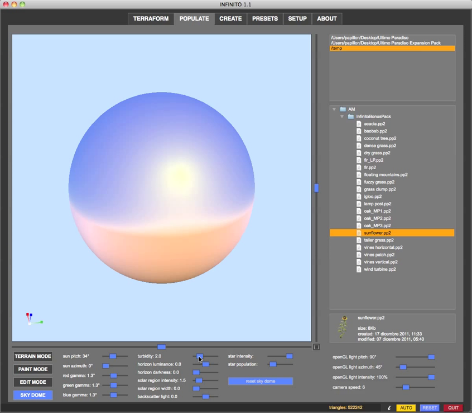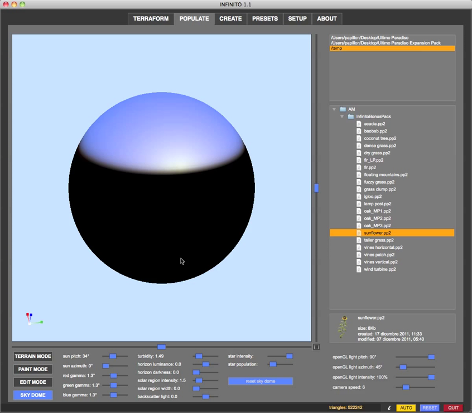So for example, in this case, if I lower my turbidity too much, you see what happens. I get to a point where the combination of these parameters doesn't satisfy the equations anymore, and the model just